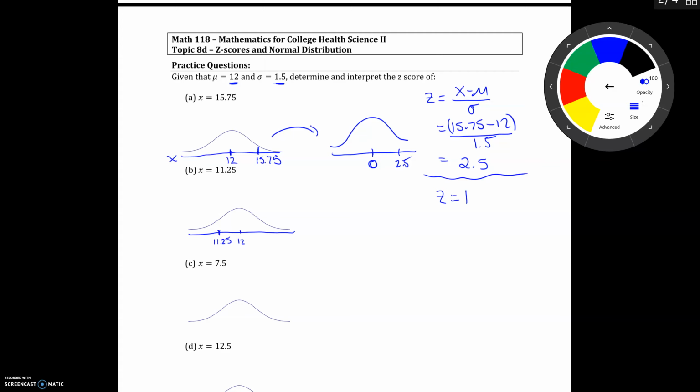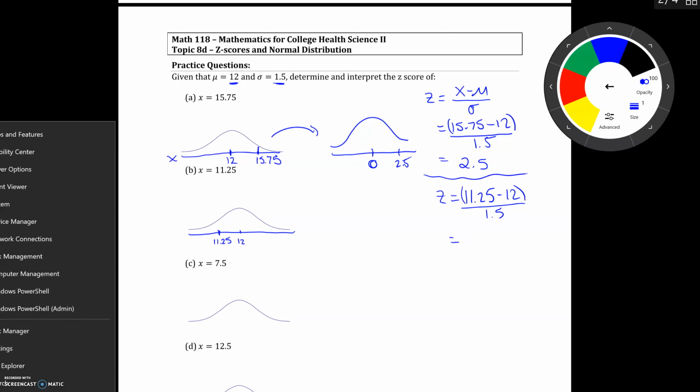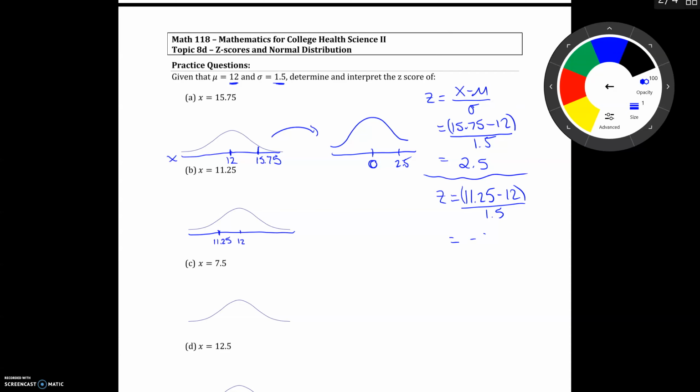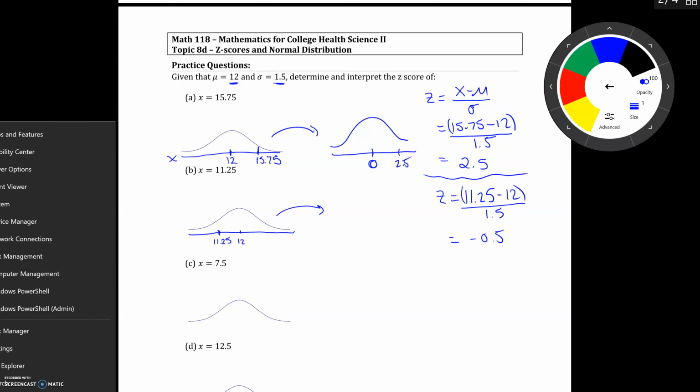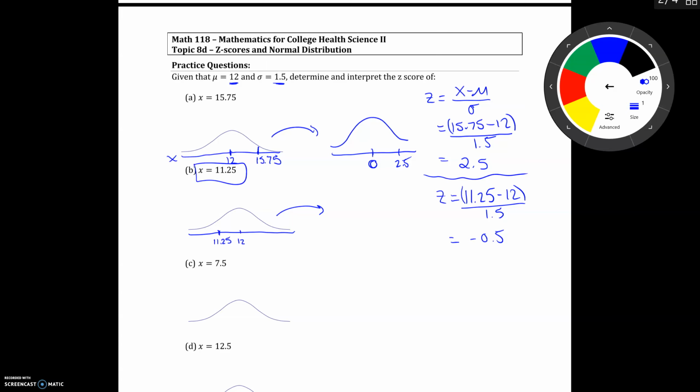Z is equal to x, which is 11.25 in this case, minus the mean, which is 12, divided by standard deviation, which is 1.5. Putting that into our calculator and dividing out, it comes out to negative 0.5. So an x value of 11.25 is the same as a z value